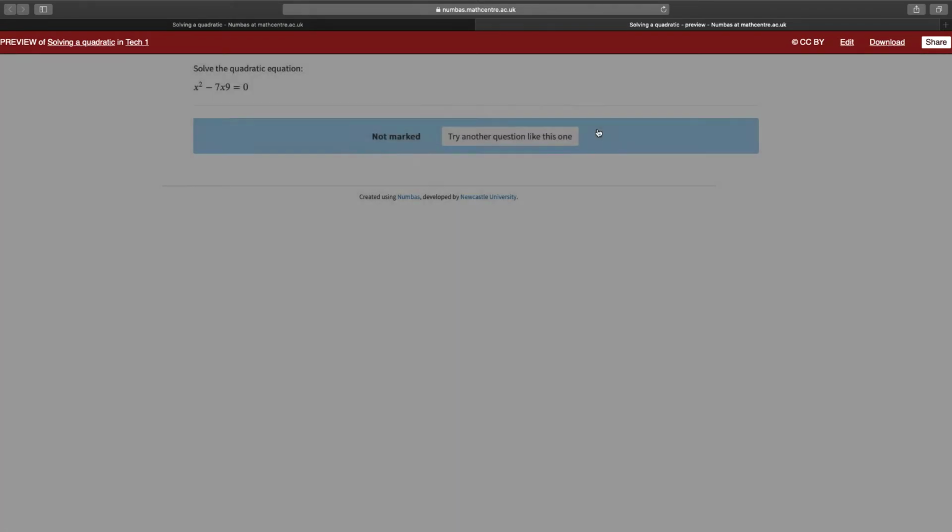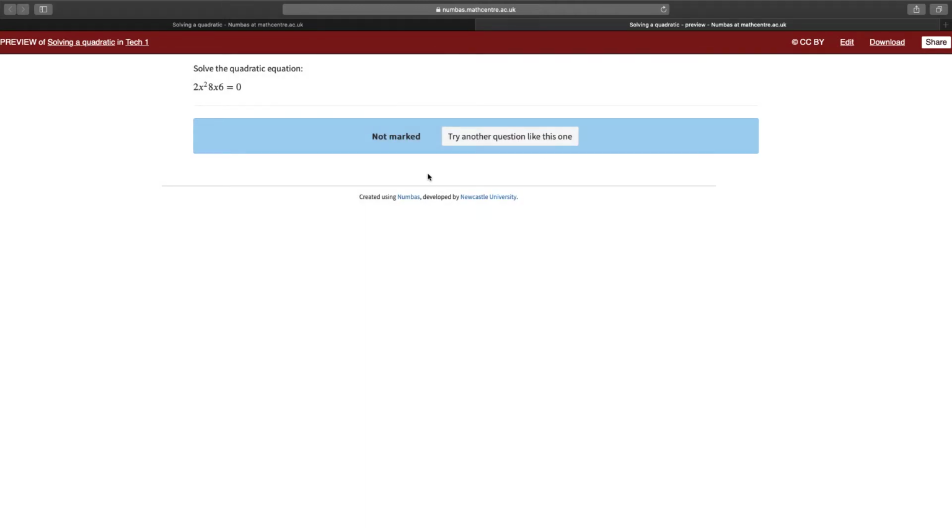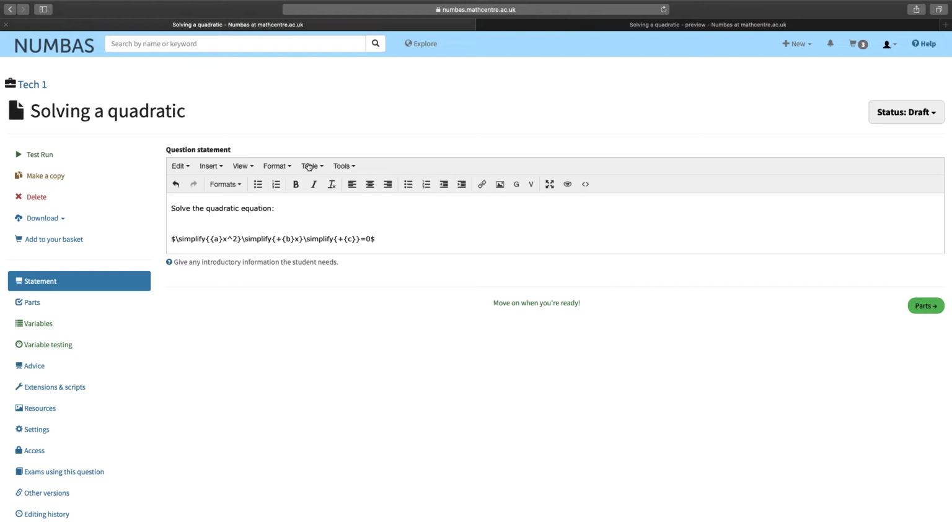Right, it doesn't like it when it's got 2 pluses. This is where a lot of the time gets taken up with this, right? So the other way we could do it, we could write the whole thing out inside the simplify bracket. So if I just delete this and do ax squared plus bx plus c,